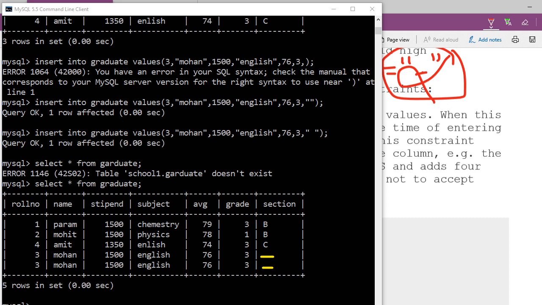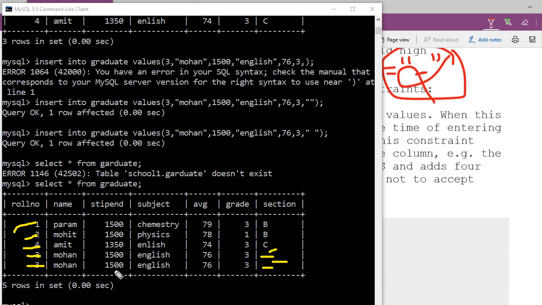Do you agree that no record is having a null value, even though we are seeing blank here? He is right. None of these records have any null value.